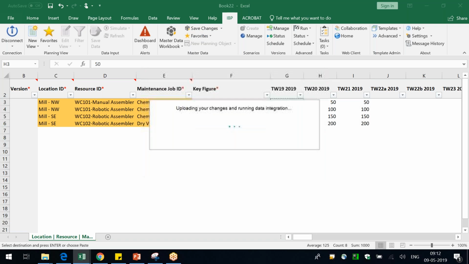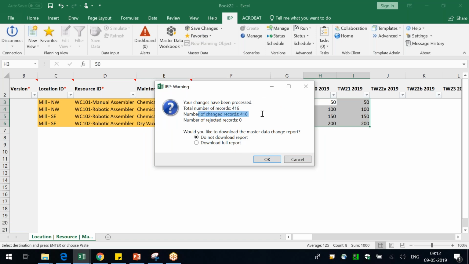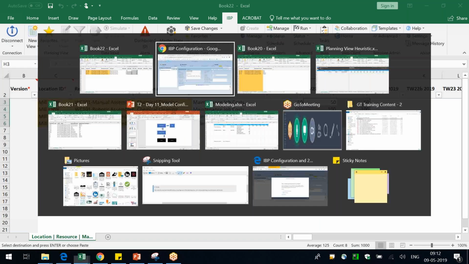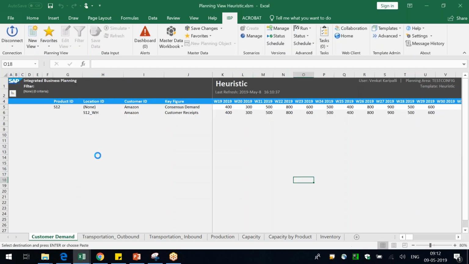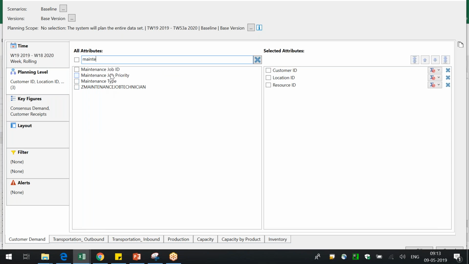Saving it. Number of records 416, number of changes 416. Yes. So I have loaded the key figure also. Now I can come here, and now I can start planning on it. I'll take out the product location resource, and then the maintenance job ID, and then